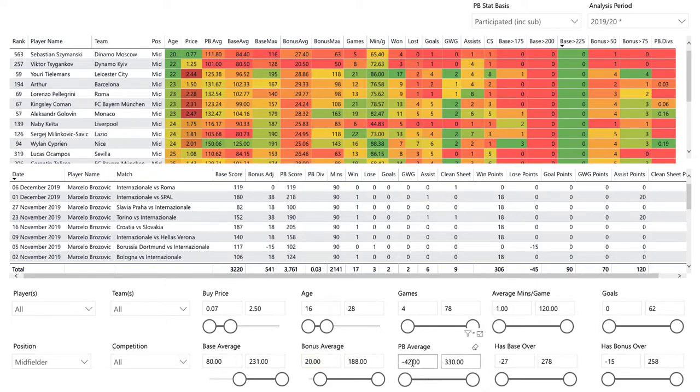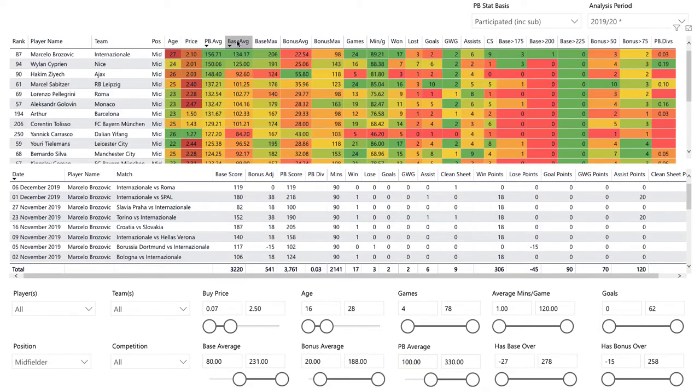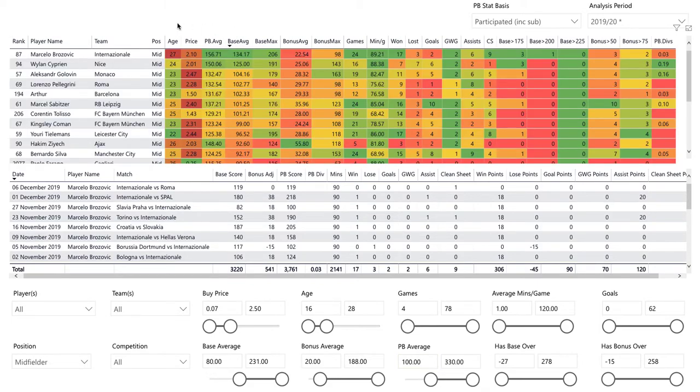You can also choose to filter it by PB average. So I'm going to view players who have got a high average. I'm going to go 100. So now I've got a list of midfielders who match this criteria, and I can sort by base average. Sorry, just base average. And now I can see Brozovic is my top player